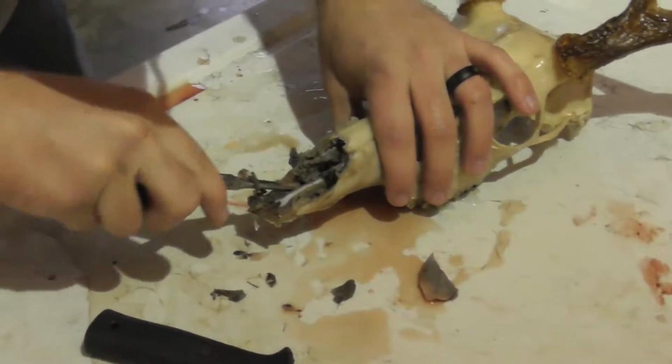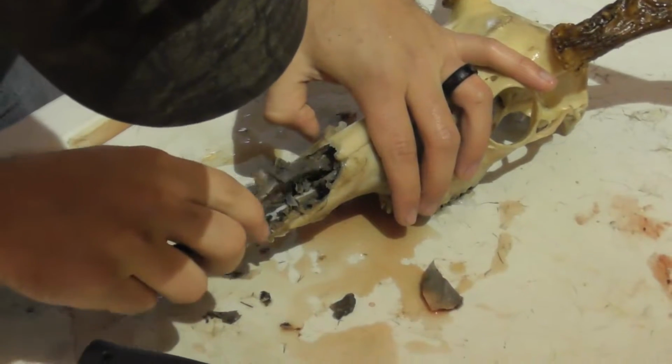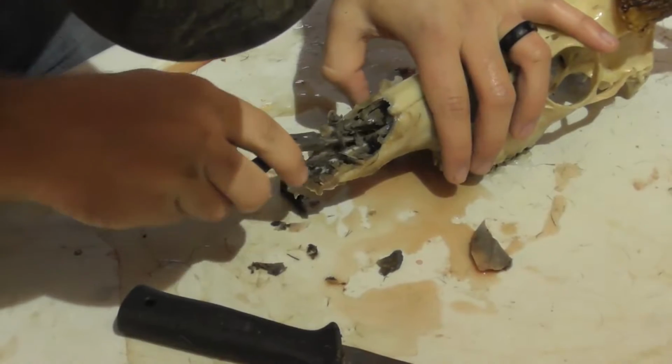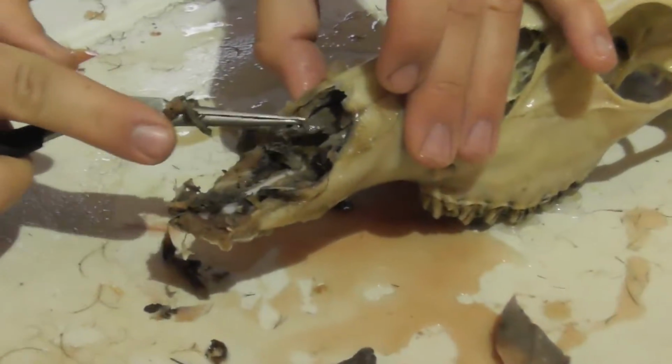may not have enough of it cut out yet. We may have to go back to the power washer and blow some out. I'll be able to show you what we're talking about then. But you're just trying to dig that out. Right up in here, and right here